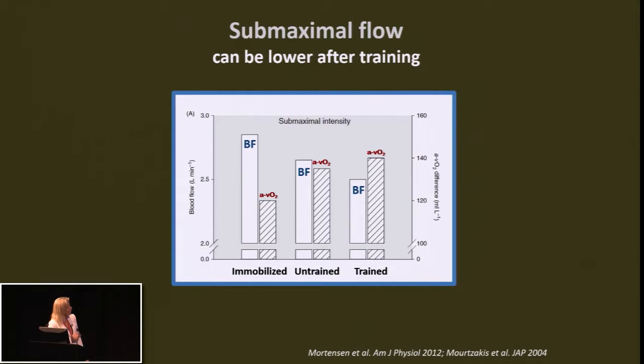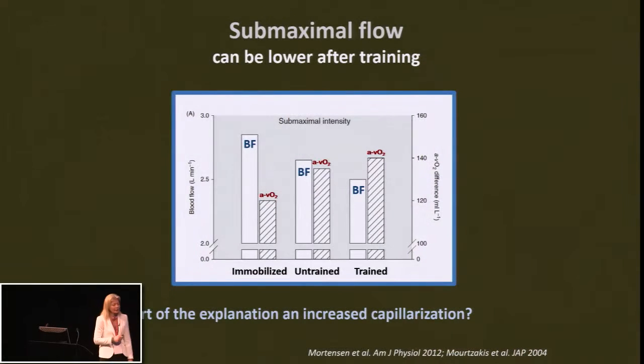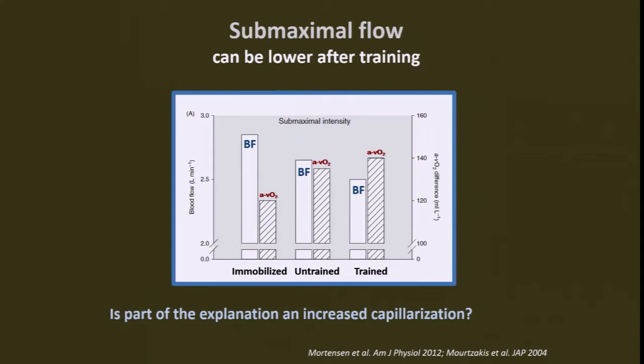And we can also see that oxygen extraction here in the striped, lower for the immobilized and higher for the trained. And so one of the theories is that capillarization, increase or decrease in this case for the immobilized, can lead to an improved oxygen extraction, which then requires a lower blood flow. But this has never previously been tested because if you train, you get all sorts of changes. So we